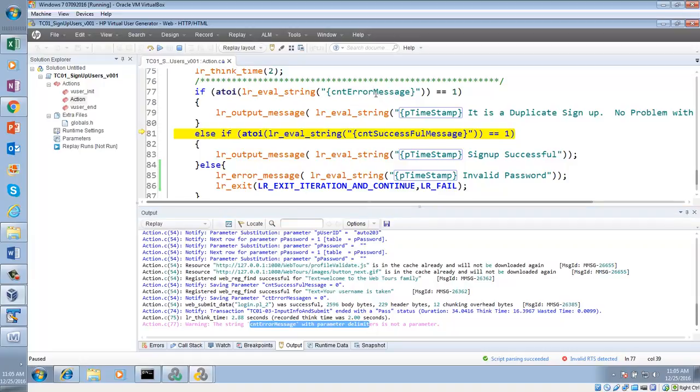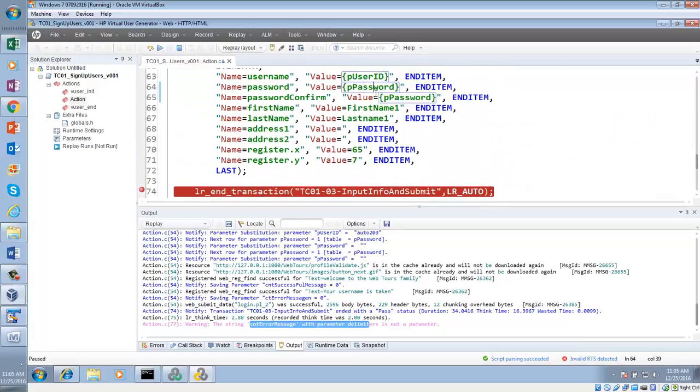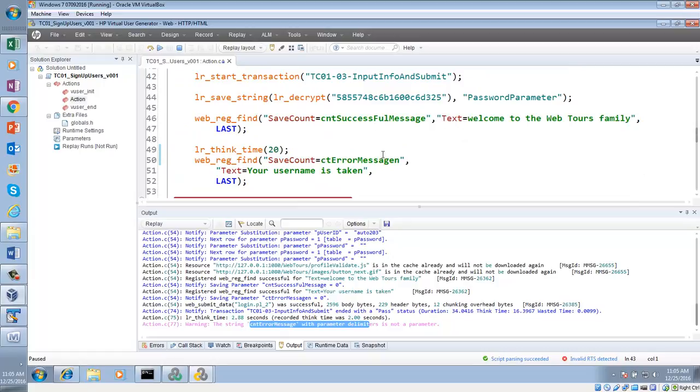Why is that? Because take a look here. CNT, can you see that I have a spelling mistake here? Multiple spelling mistakes here. CNT error message, I gave it CT, so I'll have to correct that.